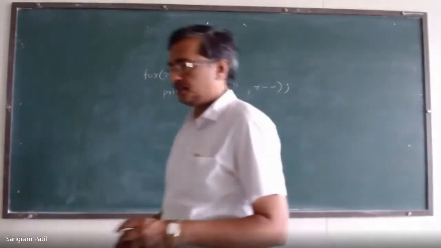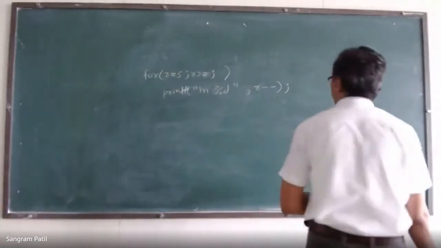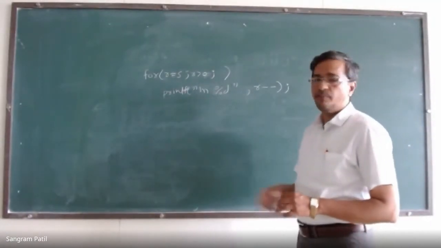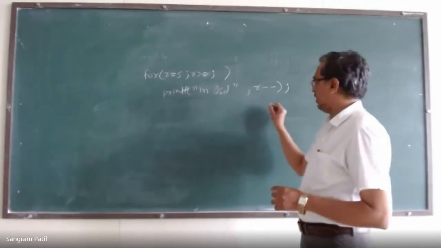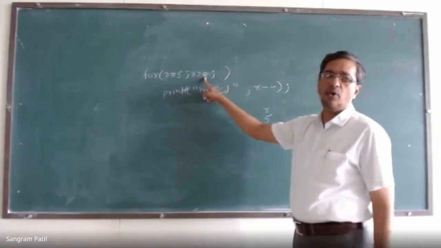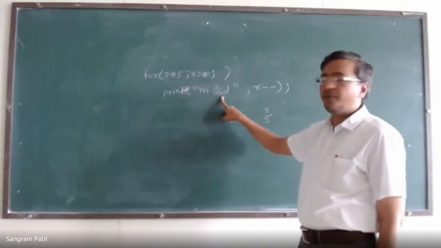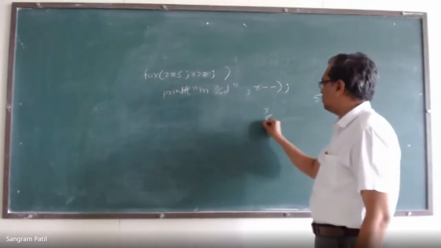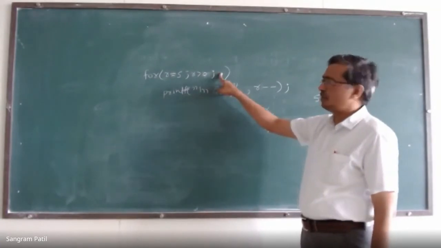This is possible. R equal to 5, R is greater than 0, and expression 3 is missing. So here what happens? R is equal to 5. Greater than 0, yes, printf backslash n, go to the next line. Percentage d, print one number, which number? The number which is present in R. So it will print 5, R minus minus. R becomes 4. It will go to check expression 3.